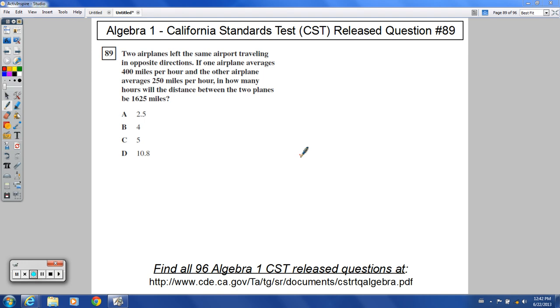Hello and welcome to Algebra 1 CST release question number 89. It says two airplanes left the same airport traveling in opposite directions. So I'm going to call this little dot right here A for the airport. If one airplane averages 400 miles per hour,